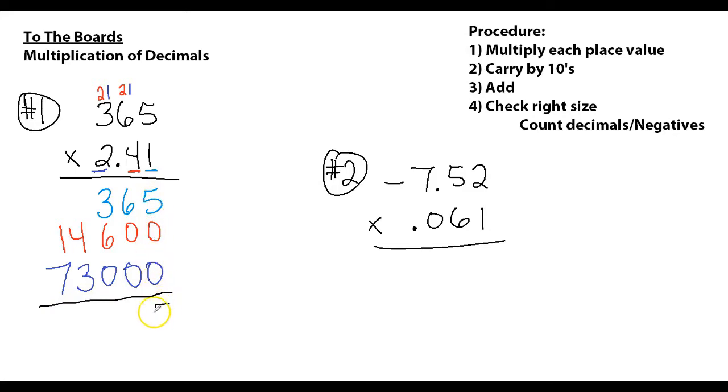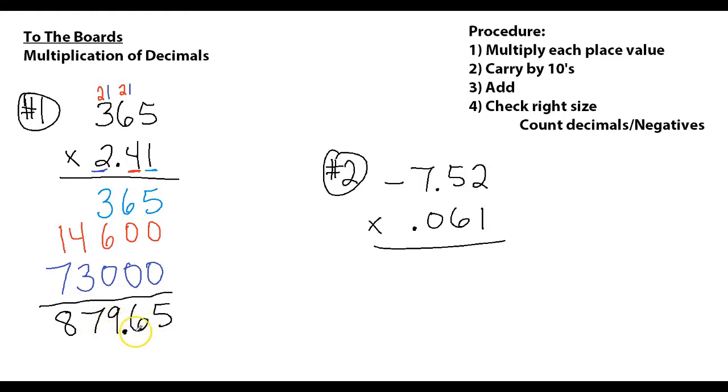5 plus 0 is 5. 6 plus 0 is 6. 3 plus 6 is 9. 4 and 3 is 7. And 7 plus 1 is 8. And so my final answer is